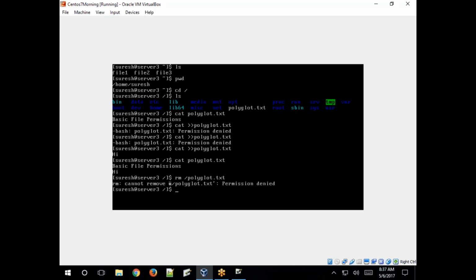Permission denied. Why? Denied. There is no permission to delete the files for others. Okay, so if you set permissions for others to delete, then they can delete, if you allow execute, complete access.